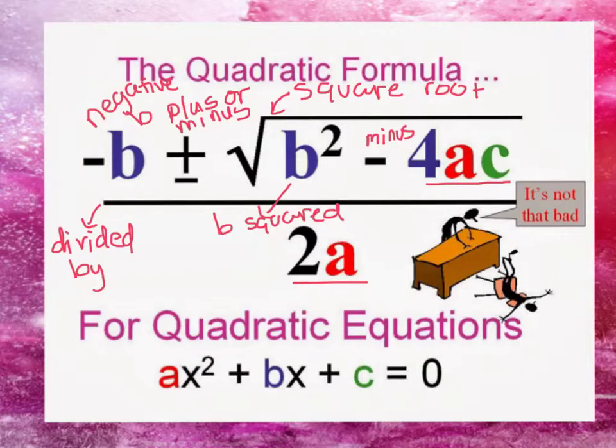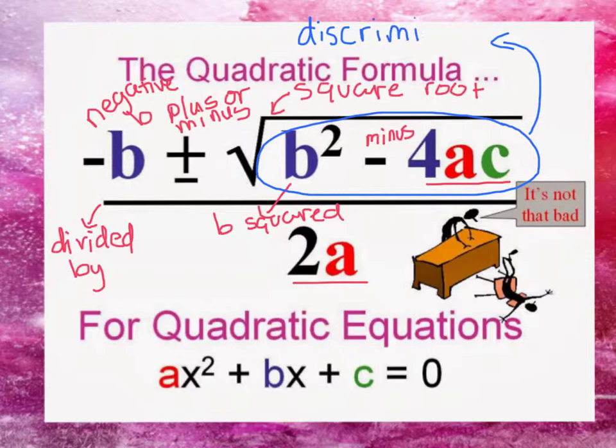And so there's a few parts that I want to talk about for the quadratic formula. The most important piece is what we like to call the discriminant. And I know that sounds like a super weird word. It kind of is. But this is called the discriminant. And this actually tells us how many solutions we have. How many solutions does the quadratic formula have?